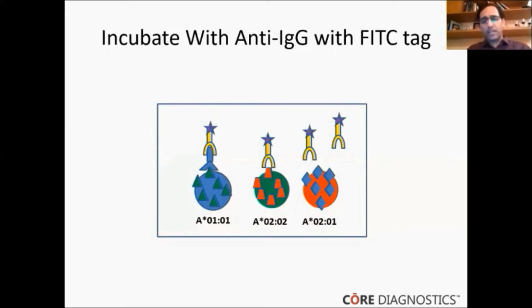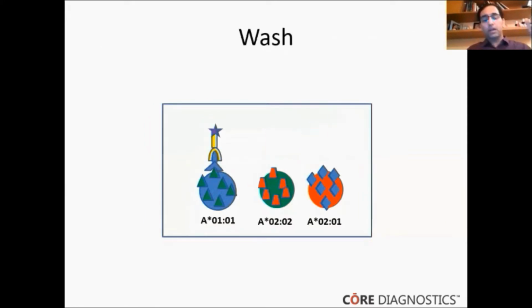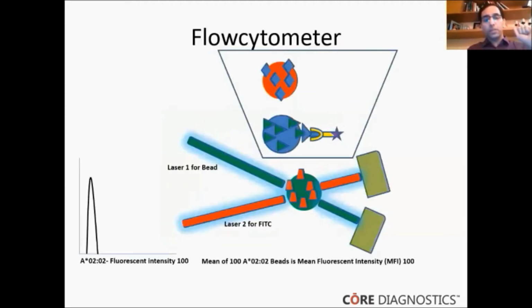Could be FITC, but could be any other fluorescent tag that you want. So now all these anti-IgGs are floating around, but the one that is going to stick is to the one that has an IgG antibody stuck to the bead. So which is again the A0101 antigen that has an antibody stuck to it, which is an IgG antibody. And so now there is this FITC that is stuck to it. Then you wash again. So all these other antibodies with the fluorescent tag go away, and you get left with just this one antibody. Then you go into the flow cytometer and you put these beads, and they will now